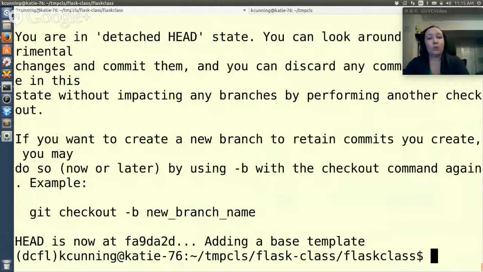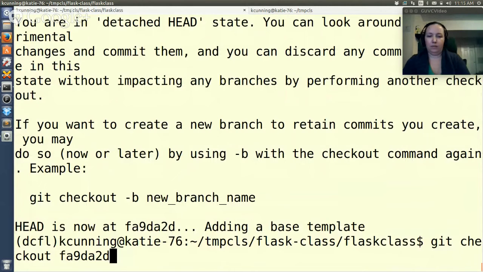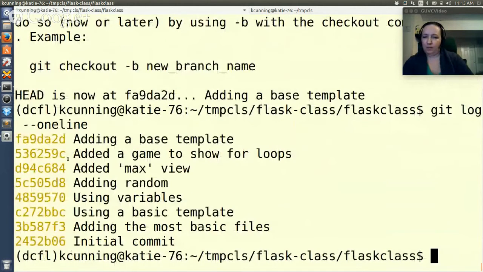Okay, so what we're going to do here is add a base template, because you can create a base template and then insert little bits of HTML into it, and you can inherit it. So you might have your navigation in one file, your footer in another file, different games that can be inserted in different files, and you have the base of your HTML in another file. So let's compare it